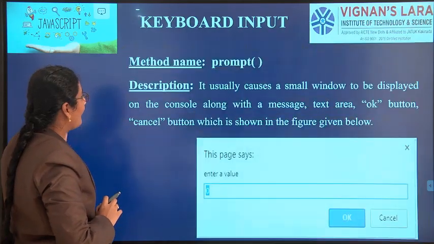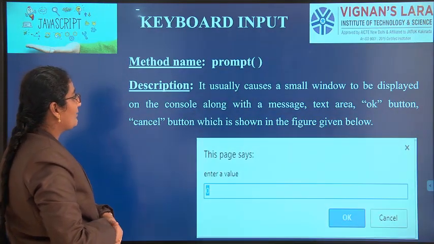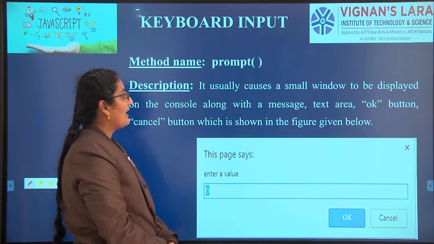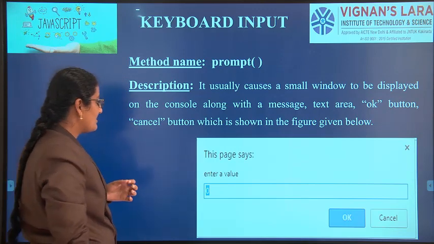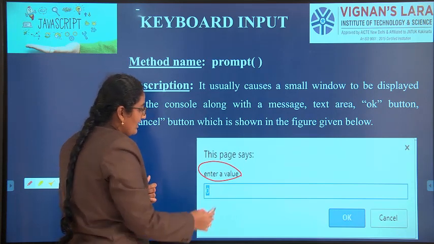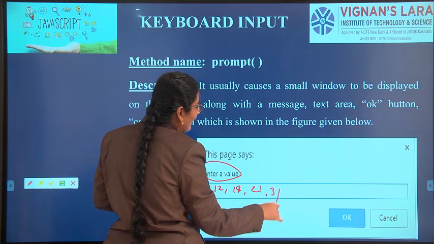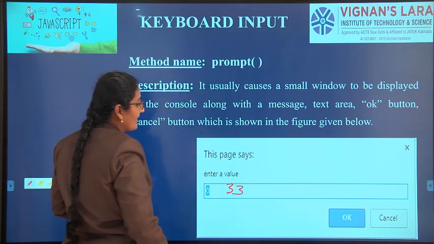Let us see the examples. First I am telling you about prompt. As I already told you, using prompt you can take input only from the keyboard. See here, "Enter the value" is the message. You can enter any value here, 12, 14, 21, 33, any value. 33 is your entered value.